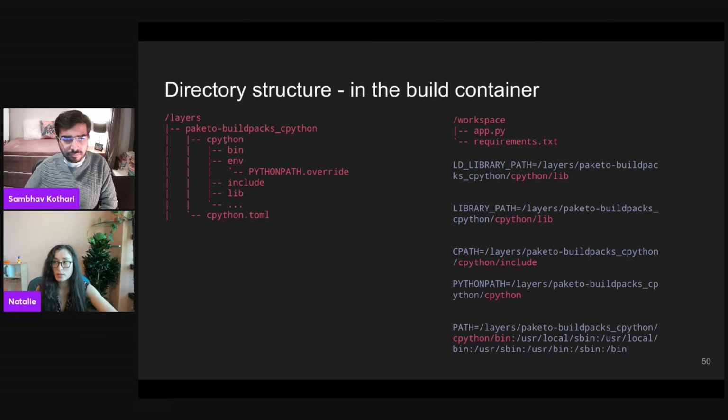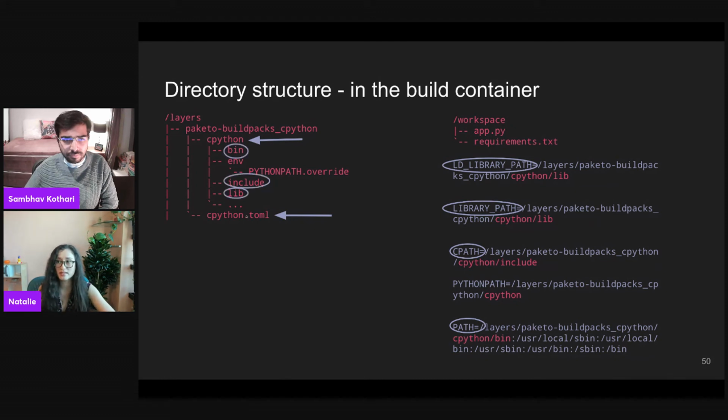It wrote a subdirectory for CPython right here, and it also provided a configuration file, which is for the lifecycle to understand how that Buildpack wants the CPython subdirectory to be treated. In particular, the lifecycle knows that it can update the path, the library, cpath, and path variables to include the contents, whatever the Buildpack placed in the subdirectories of CPython. That's a nice convenience, a way for the CPython Buildpack to set up the environment for the next Buildpack to